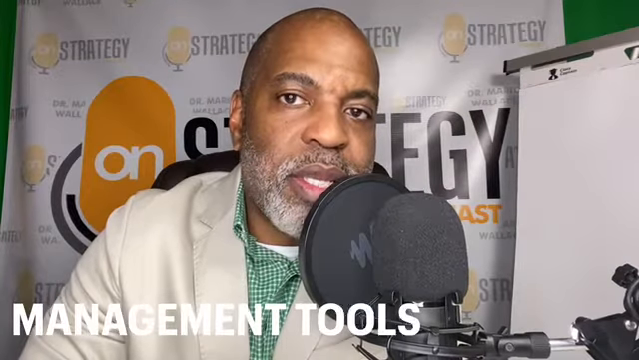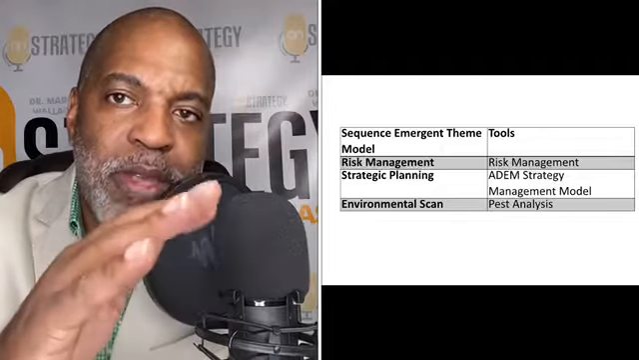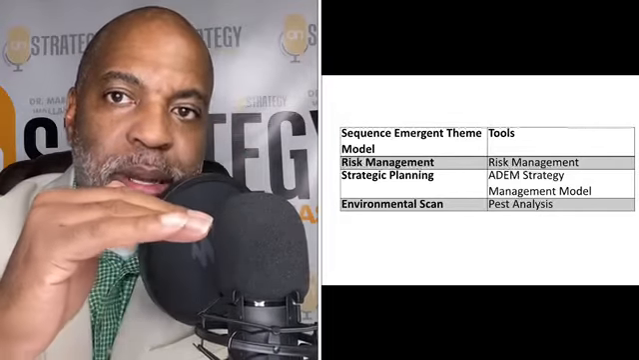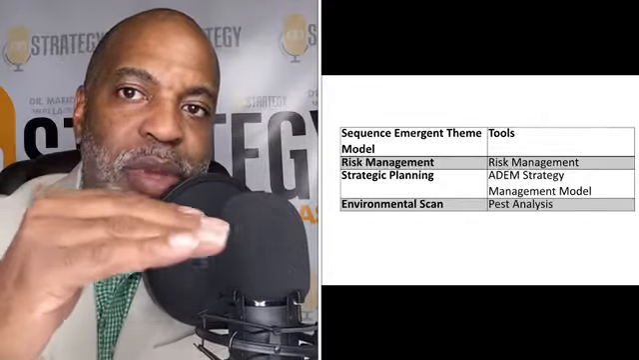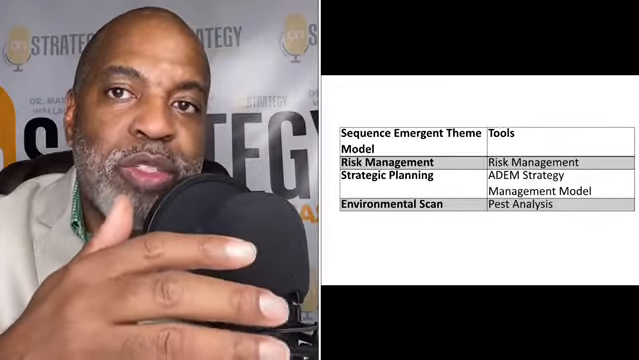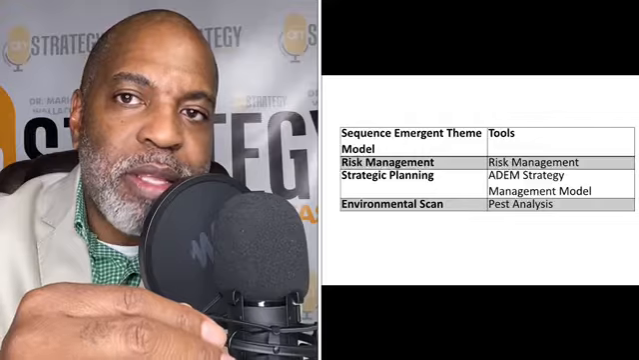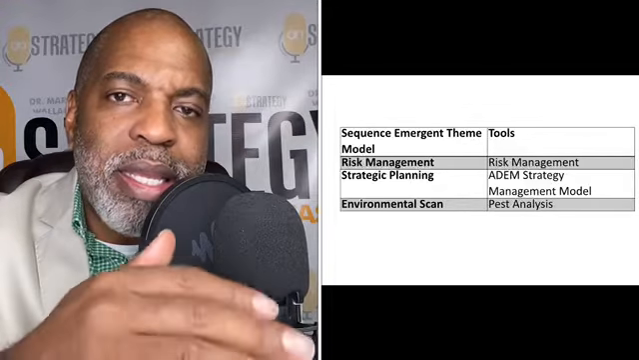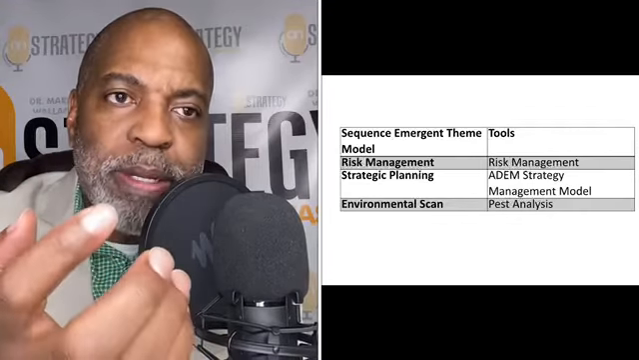So the goal now is, how do we strengthen the sequenced emergent theme model? And if you look at the screen, you would see the emergent themes within the model, starting at the base of the model again, environmental scan, then strategic planning and risk management. But if you look to the right, you will see different management tools that you can use to actually help managers apply the model in a more easy way for them to be able to really understand what they're doing in the